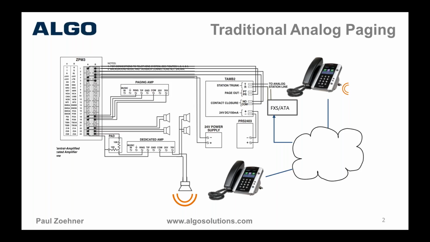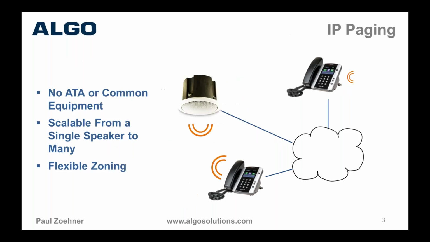This is typically the type of equipment that you'd see installed in a traditional paging system, a legacy system, and very difficult here to tie in that speaker at the bottom that I show emanating some sound. Very difficult to create a page zone that would include some of the phones as well as some of those speakers. I would like to compare this to what an IP paging solution would look like just for the impact,